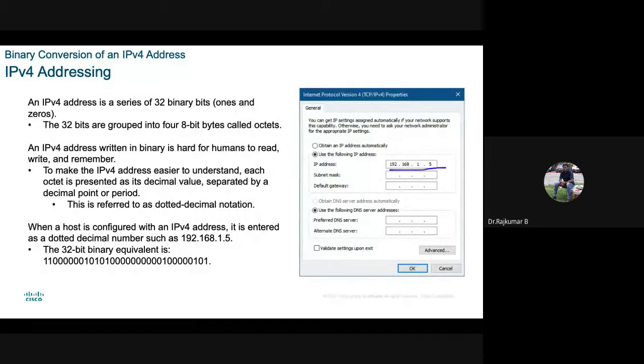Right. So when a host is configured with an IP version 4 address, it is entered as a dotted decimal number such as 192.168.1.5. ठीक है? So the 32-bit binary equivalent for this number is, you can see,